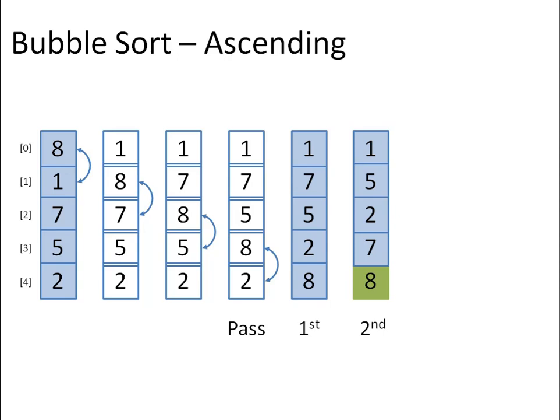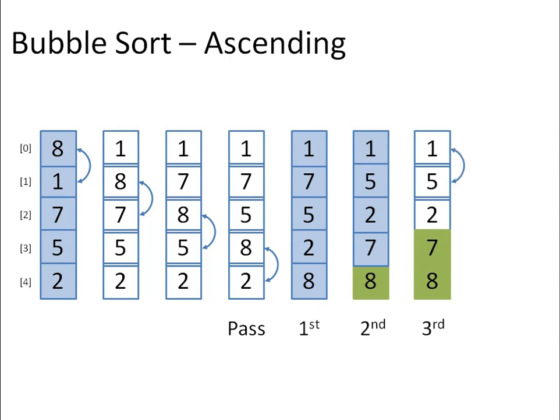This completes the second pass of the algorithm. In the third pass, we have to work only with the elements which are still to be sorted, that is 1, 5 and 2, as we have finalized the positions of two of the elements, that is 7 and 8, already. Comparison of 1 and 5 will not change anything now, but 5 is greater than 2, so an exchange will happen.